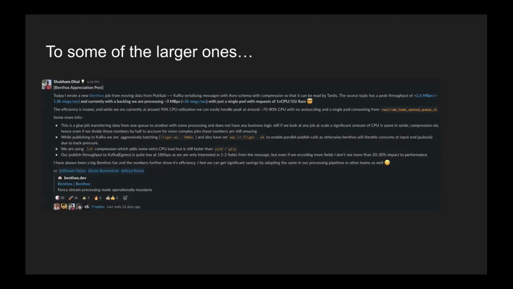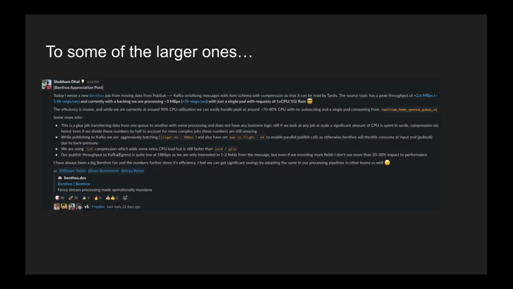So this is a message that I sent out in our internal Slack. We had a use case with around 2 to 3 Mbps of input traffic, and I think peak was 2K messages per second. And I got it done with 1 vCPU and 1 GB of RAM. We did a lot of optimization as well, and this is where Benthos shines. All the optimizations are very simple. You just need to set some config. Like Anuraj was talking about batching, we did pretty good batching. We did a linger of 500 ms.